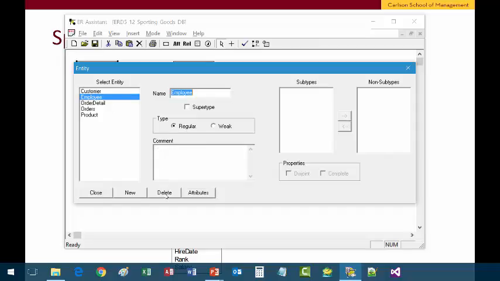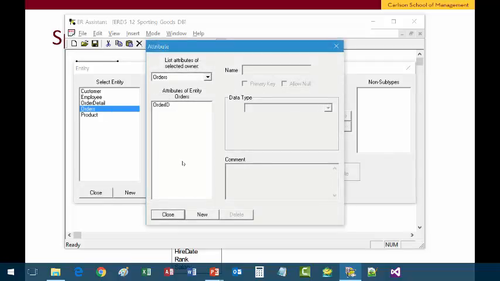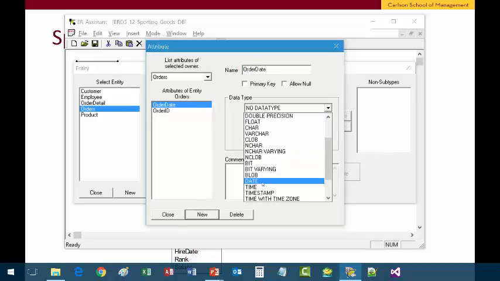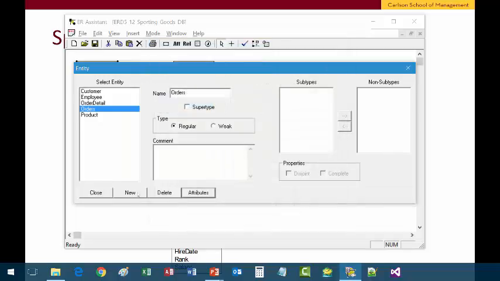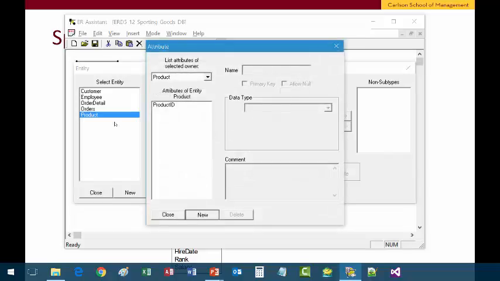Next, employee is the next one that has a lot more of these. I'm running into 12 minutes here. I'm going to go to orders and add order dates because that's going to be quicker. Okay, as a date, I'm going to then go under product, and I'm going to enter prod name, which was